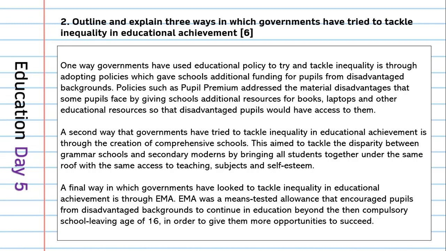Okay, so there's 3 reasons there. Other reasons you could have looked at, because it talks about inequality, it's not necessarily social class inequality, it can be ethnic inequality or it can be gender inequality. You could have looked at policies that tackled either of those. So you could have looked at New Labour's idea of being more multicultural and introducing new subjects into the curriculum. You could look at the growth of academies, the introduction of things like GIST and WISE for gender differences. You can talk about GCSEs and coursework, introduction of the national curriculum, and you can even talk about how they try to tackle boys' inequality through things like literacy programs or through changing the assessment back to a linear format.